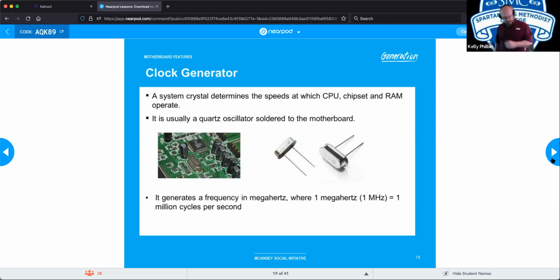Because when you put an electrical charge through quartz, it vibrates in a predictable and consistent manner. So it is like a metronome. You put a charge through it, it vibrates at a very consistent and predictable speed. They call this the piezoelectric effect. No, you do not need to know that. But that is the particular effect they're speaking of with these crystals that they put on the board,